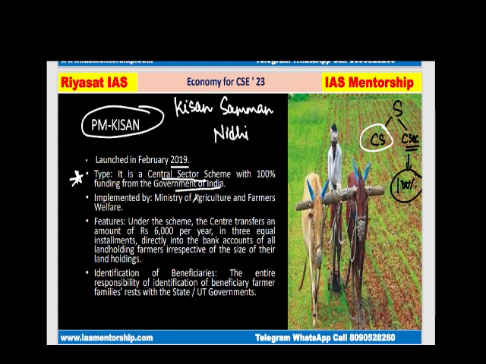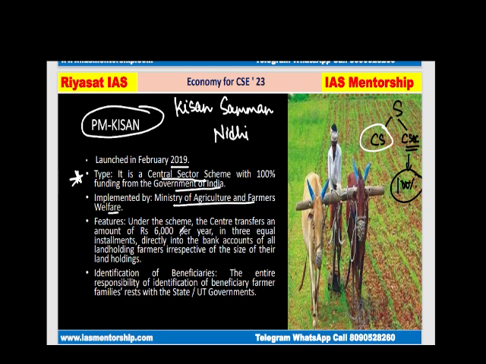However, in centrally sponsored scheme, your central government and your state government, both are contributing. Okay. So that you need to know. As it is saying PM Kisan, obviously it will be implemented by the Ministry of Agriculture and Farmers Welfare. Basically understand in this scheme, 6,000 rupees is being given to the farmers despite the size of their land holdings. Earlier what used to happen, there was a cap that if a farmer is holding less than 2 hectares, then only they will be given the 6,000. However, this capping has been removed.